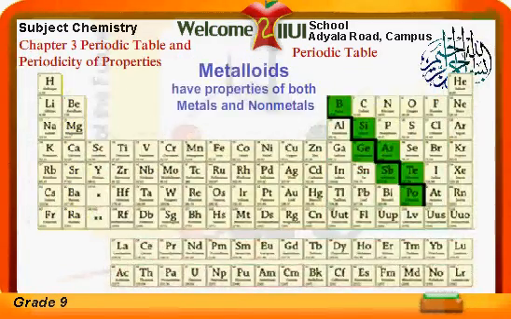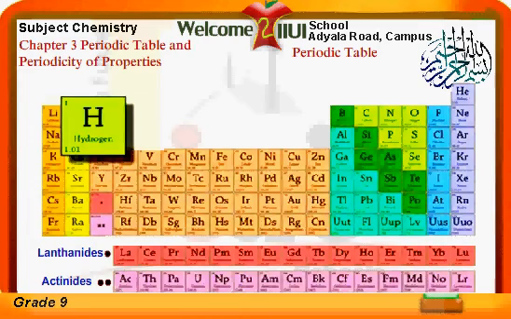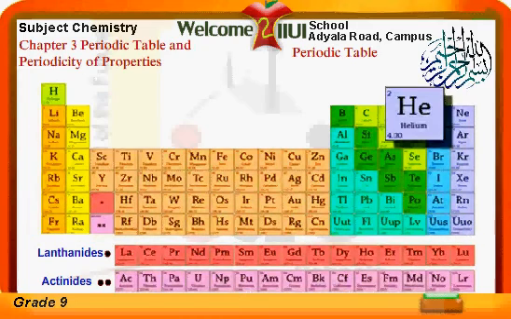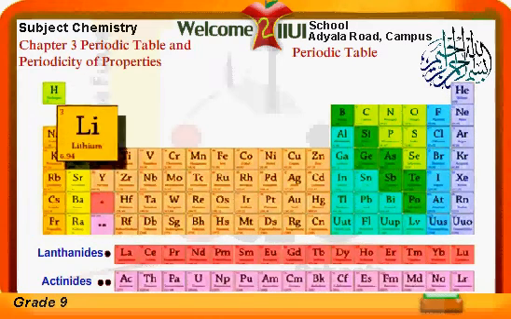Students, the dividing line between the metals and the non-metals on the periodic table is drawn as a thick staircase. The elements found on either side of the staircase are often called metalloids, and they have properties that fall between metals and non-metals. Students, notice that the atoms are listed in order of increasing atomic number.